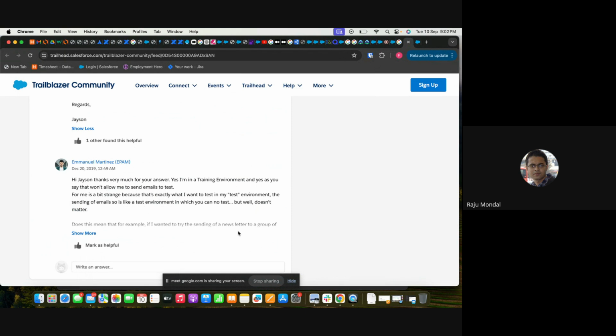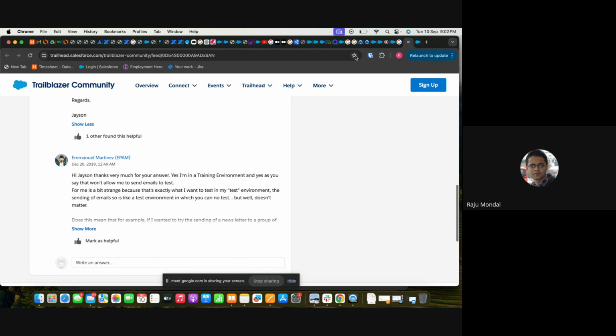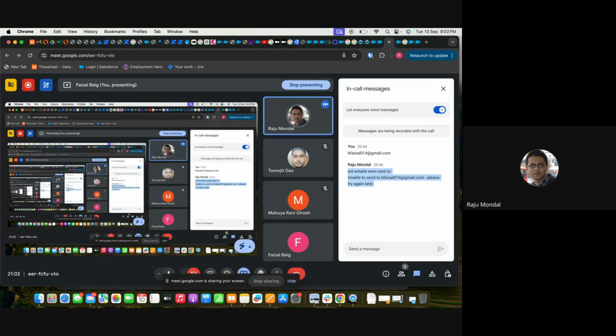Because for other environments they should allow at least 5 emails for testing purposes, and after that, if you want to use anything, it will block the account and say you have to go for the paid version and then only you can use it. But even at least 2 emails they should allow. Yes, 2 emails you can send. So the thing is,